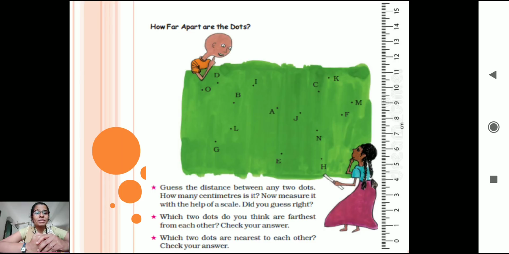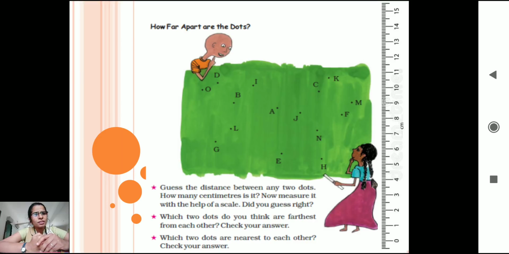So, by doing this, there are certain questions which are answered. Now, I have measured the distances. I am not going to tell you the answers because you are going to tell me the answer. Okay, now there are certain questions given here. After measuring all these dots, we will be answering these questions. Okay, and you have to also tell me whether I have guessed it right. Okay, because it is a guess.